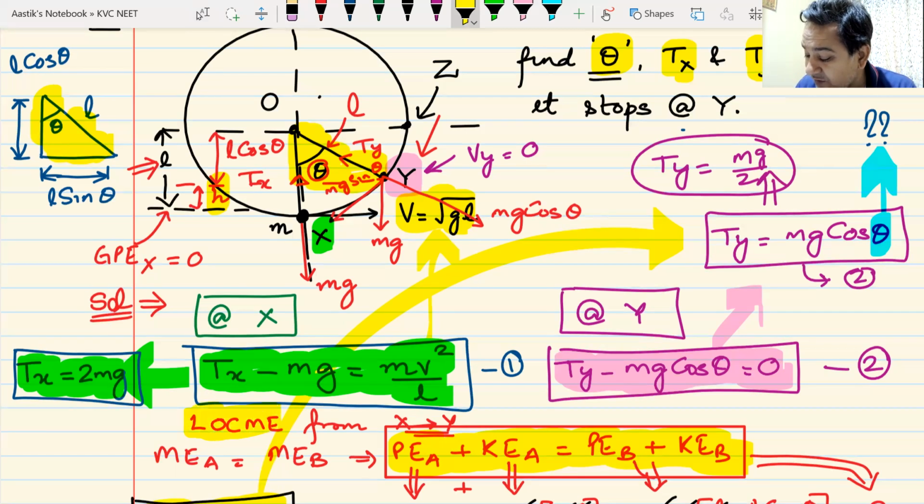We applied Lock me, our old dear friend. Lock me helps us. Total mechanical energy at point A is equal to total mechanical energy at point B. Potential energy at point A, kinetic energy at point A should be equal to potential energy at point B, kinetic energy at point B. Then we just applied simple